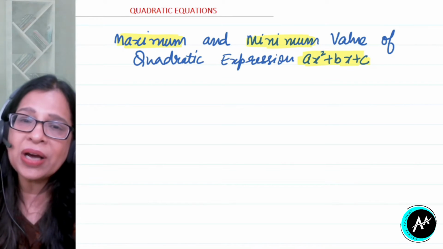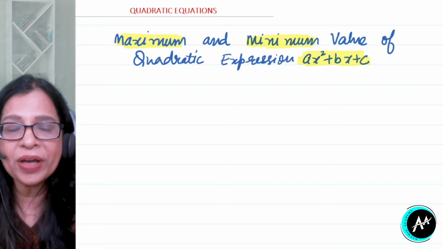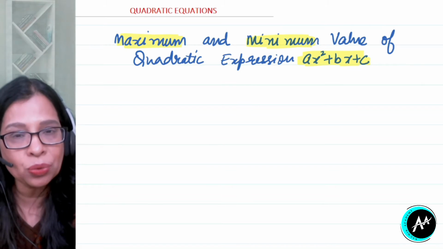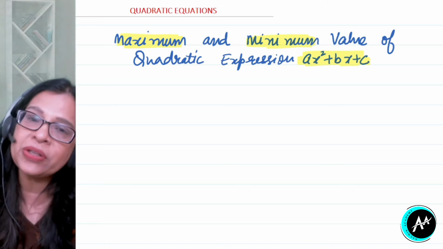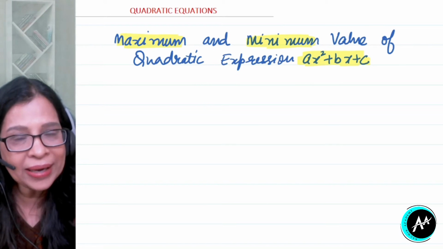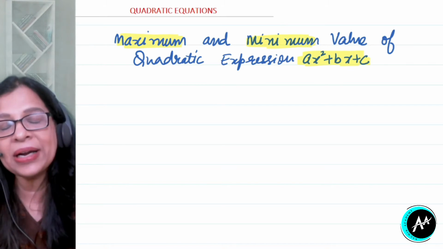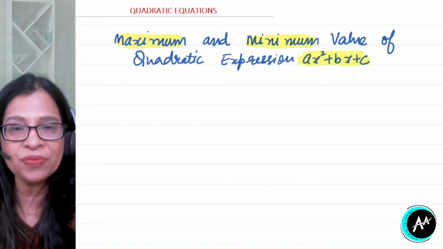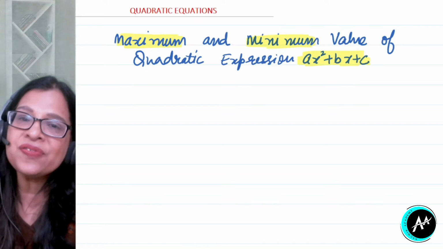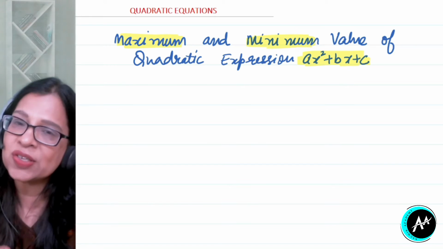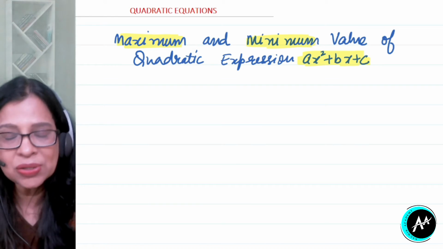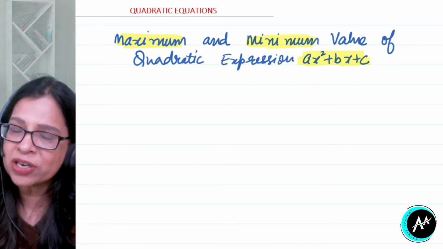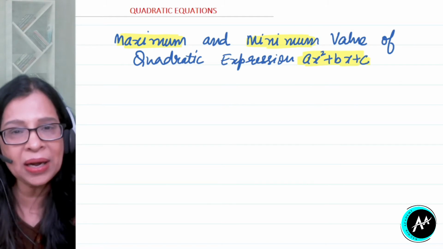You know that you have done maxima minima in calculus. So whenever you are given any function to find its maximum and minimum value, what do we do? We differentiate it first, we put the first derivative equal to 0, alright, then we find the second derivative. If at that point where the first derivative was 0, the second derivative is positive, then it is a point of local minima, and if the second derivative is negative, then it is a point of local maxima. So here also we will consider ax square plus bx plus c as a function, it is a quadratic function, and we will find its maximum and minimum value.